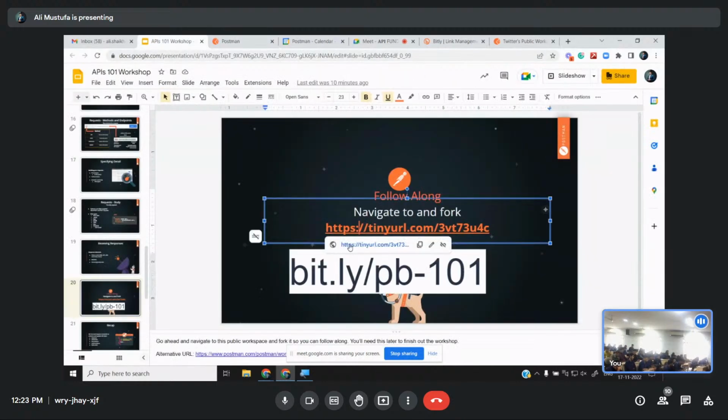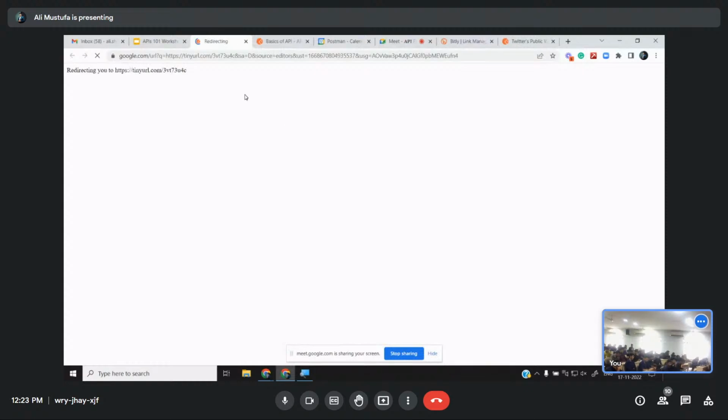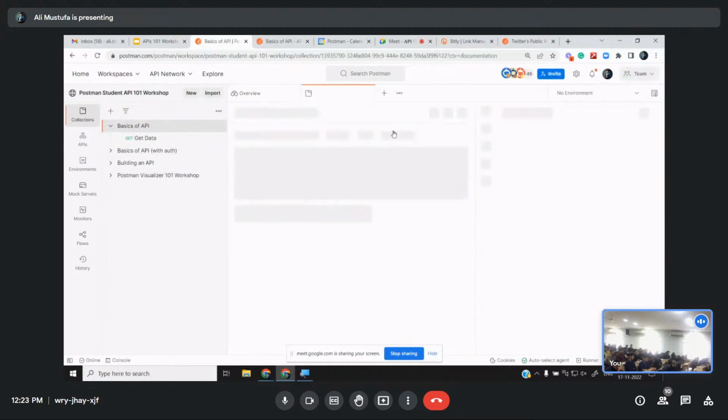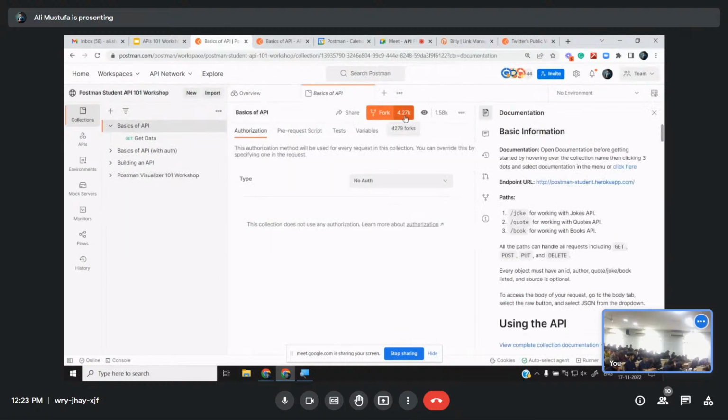When we started off, we had 4.27K, something like that. 4279 forks available. As you folks keep forking, you will see these increasing, okay?